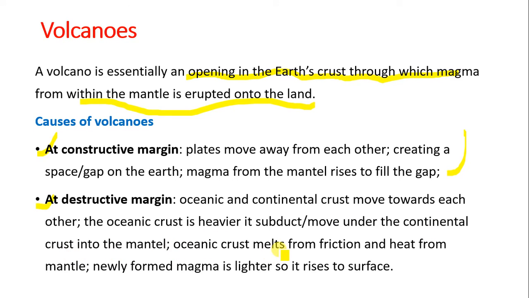The oceanic plates melt from friction and heat from the mantle, so the newly formed magma is lighter, so it erupts to the surface. And these normally lead to shield volcano, while this leads to composite cone volcano. I don't think if you're doing geography, then you are expected to know the difference between the two, but in environmental management, you are just looking at it as a hazard within the environment, so you don't need to know